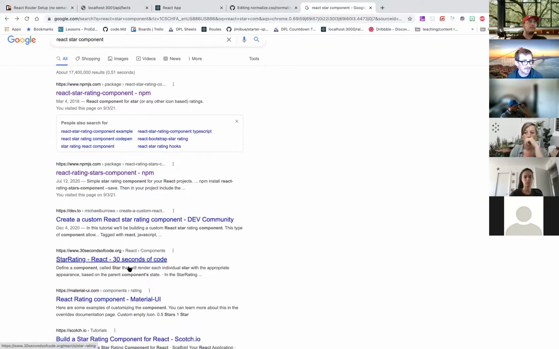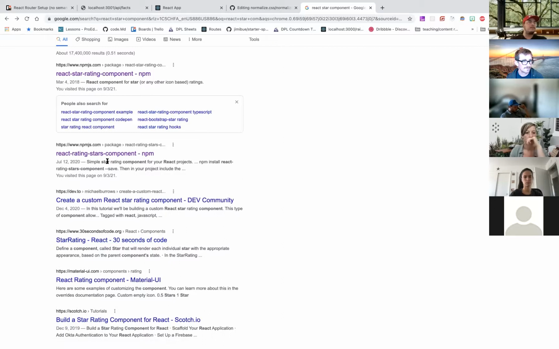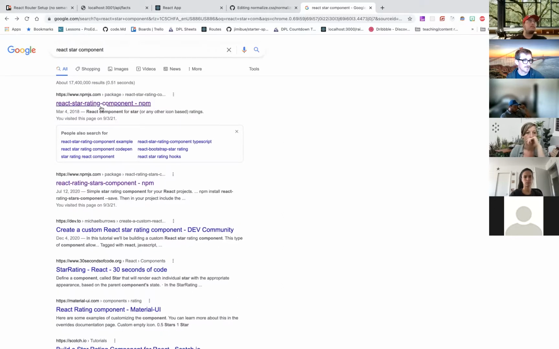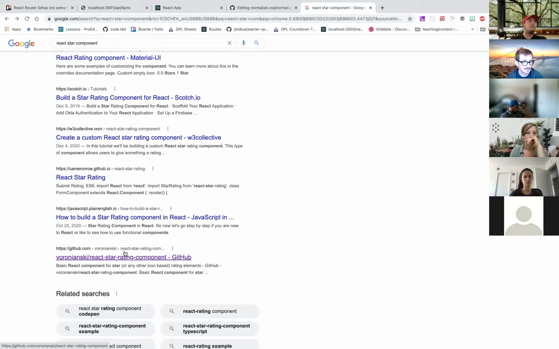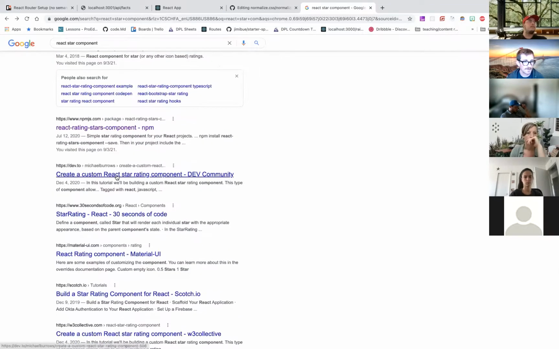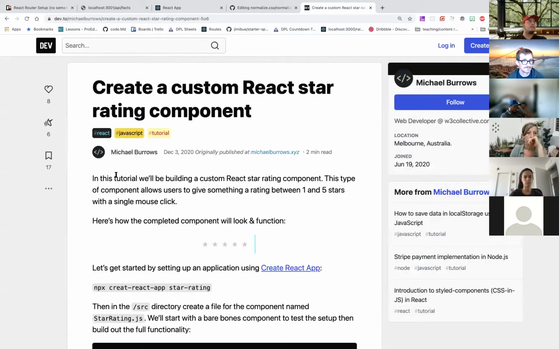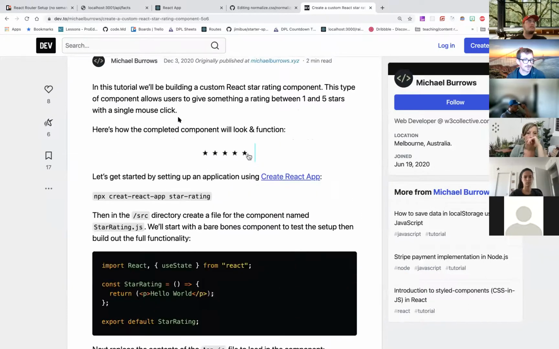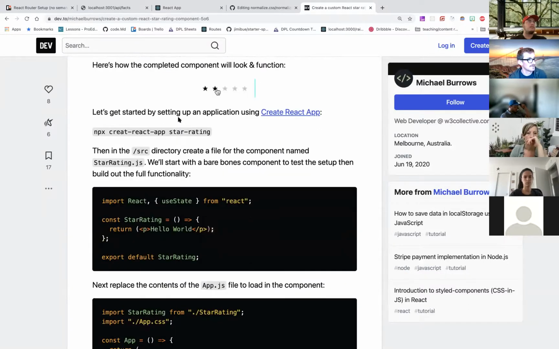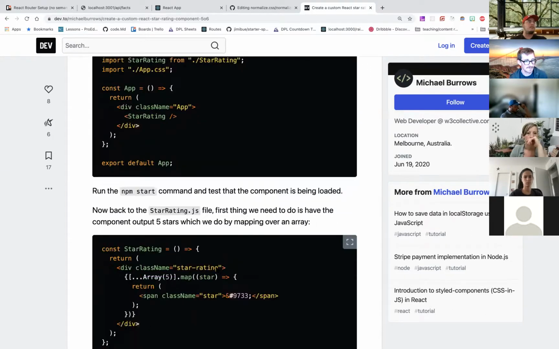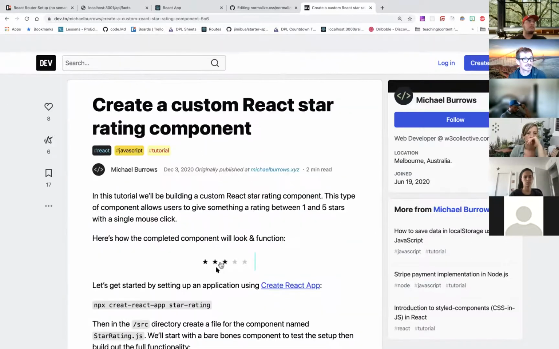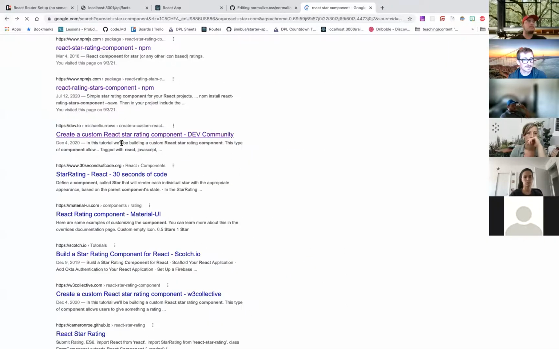But with GitHub, or when you Google it, you'll probably get some leading candidates. Here's an article on how to create your own custom one. So if you were curious about how to actually build it and get that experience, you could get some help with this. But